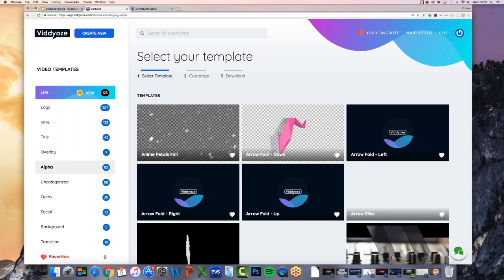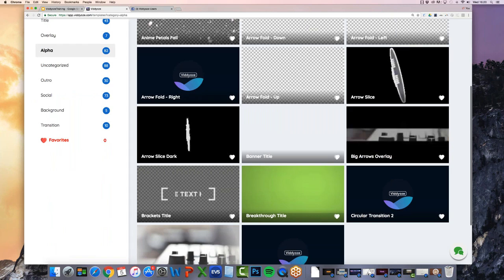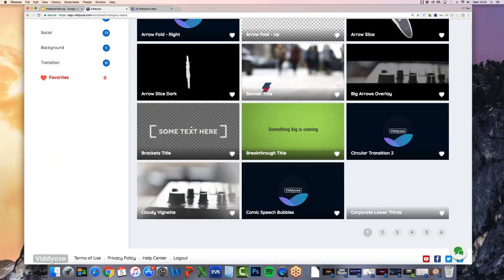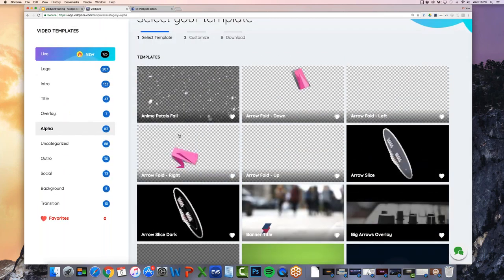I'm going to show you how to use these animations in a moment. We've got this arrow one here that I just previewed, where the arrow will come out of the screen and point. And you can use these, again, to point people to certain things. If you've got a YouTube channel, and while you're recording your YouTube video, you say, don't forget to subscribe, you could have that arrow come out of the screen at the same time as you saying that, pointing to the subscribe button. And it prompts people to do that. Increases clicks, increases subscriptions. So our alpha animations are generally used over the top of videos. So all of these would appear over the top of a video, not before and not after. Some people use them before and after, but the main use of these is for on top of your video.